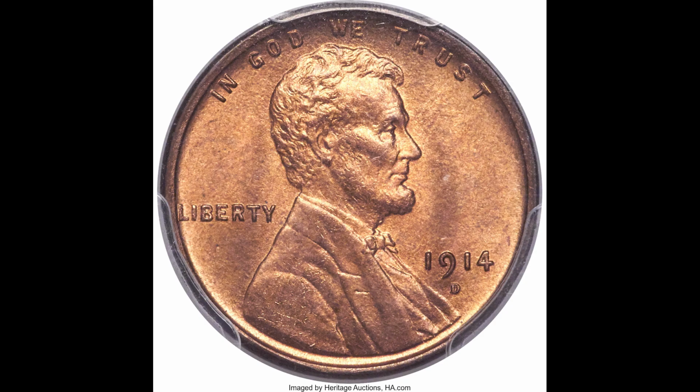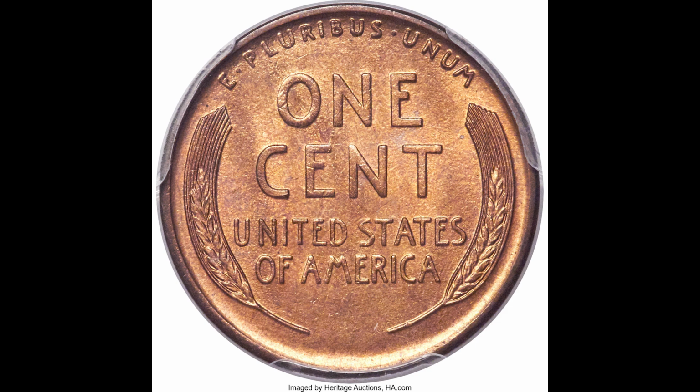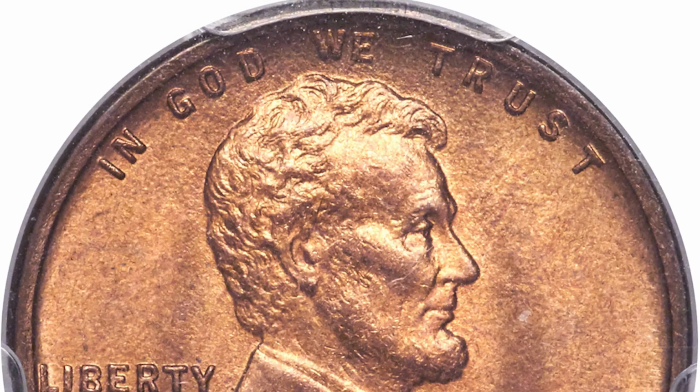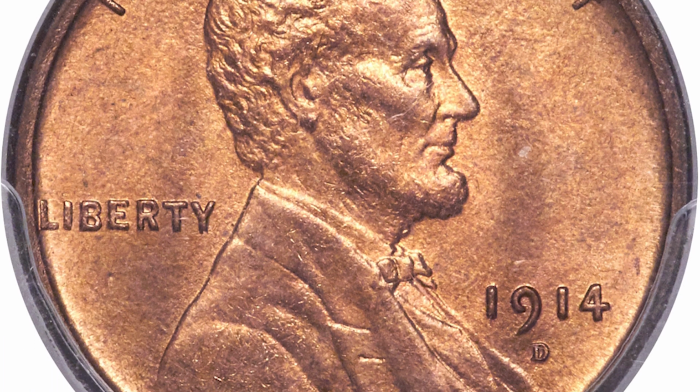Unlike the 1909 SVDB, this is more of a sleeper coin. Not many people know about the 1914 D Lincoln head penny. This coin had a relatively low mintage, and this one was graded by PCGS a mint state 66 red. Now please keep an eye out for the 1914 D. The D is for Denver. There is a very low population of this coin, especially in the extremely high grades of mint state,